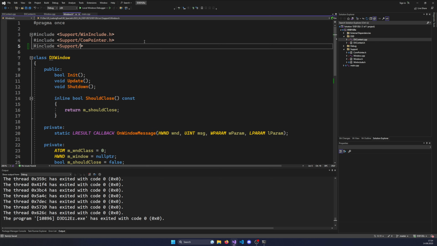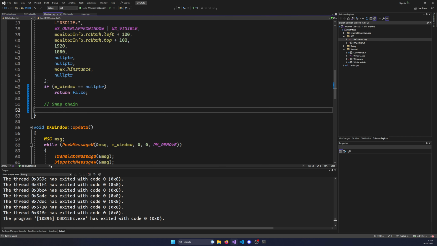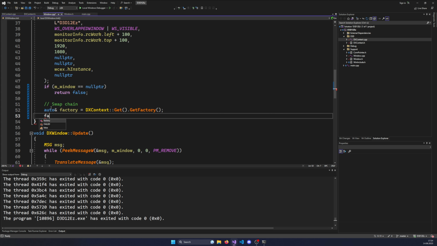We have not included the context, so let's do that. Let's go to D3D context and include it so that we can use it. And now we can go to window.cpp and get ourselves the factory. So let's do auto reference factory is equal to dx context GetFactory. So now we have access to the factory, and now we can ask the factory to create ourselves